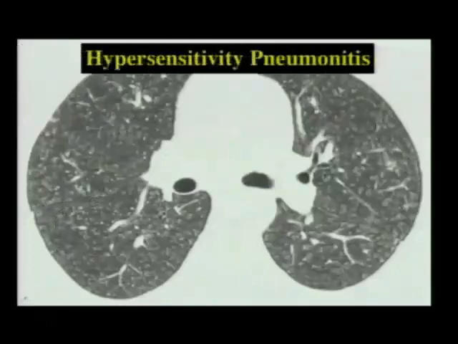Here is a very nice example of a centrilobular pattern shown on high-res CT. This was unknown case 3, I believe. Numerous nodules scattered throughout the lung parenchyma. If you look in the lung periphery, the most peripheral nodules you see are centered 5 to 10 millimeters from the pleural surface. In this patient, about 5 millimeters. If you look along the fissure, you can also see that nodules are separated from the fissure. The most peripheral nodules adjacent to the fissure are about 5 to 10 millimeters from the surface of the fissure itself. So, a centrilobular pattern. This is a very typical example of hypersensitivity pneumonitis, one of the causes of this pattern and